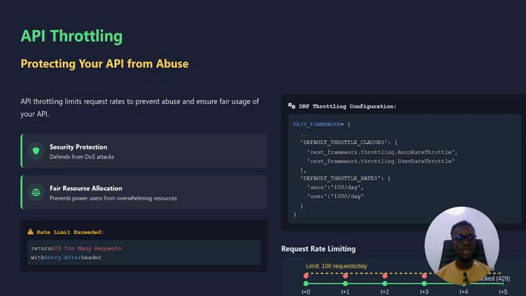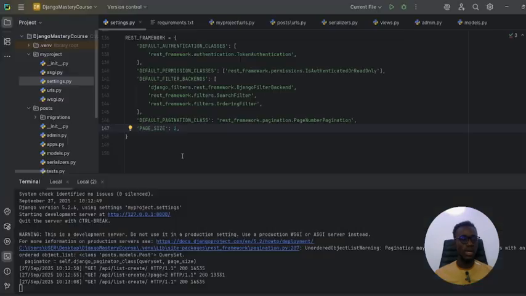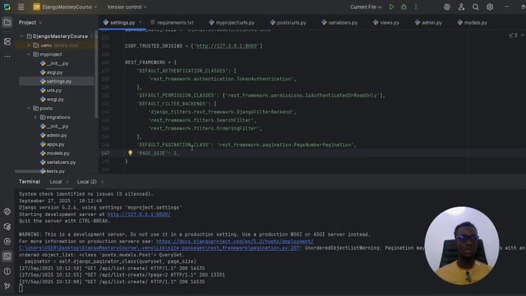So to prevent this, we do what we call throttling, and Django has provided a seamless way for us to throttle requests to our endpoint. So it prevents DOS attacks. It defends us from DOS attacks, and of course fair resource allocation. Like we've done, we're going to go back to our Django REST framework setting within our settings file,